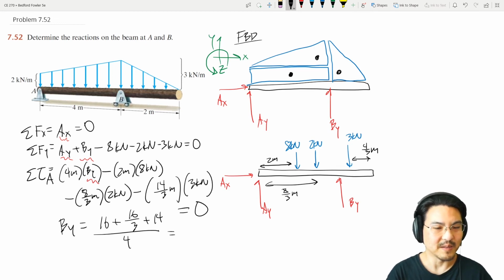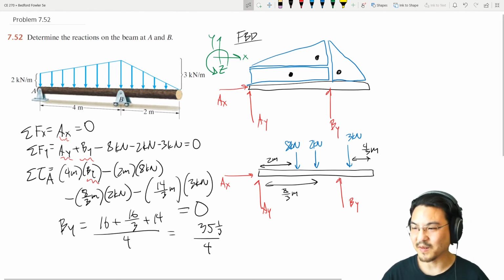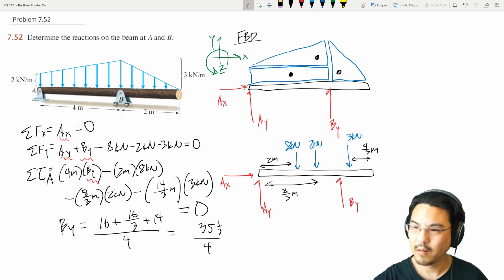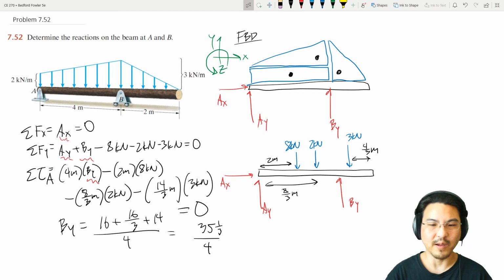Okay, so that's, let's see this. That's 30, that's 5 1/3, so 35 1/3 divided by 4. I punch that in the calculator. 8.833